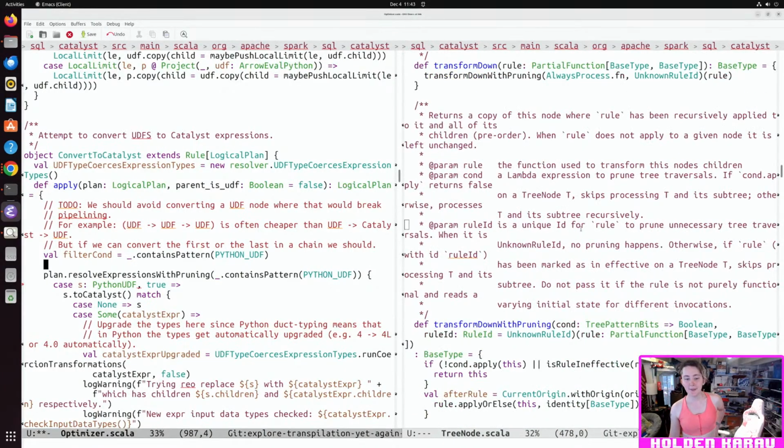So this says if this condition doesn't apply, return immediately. But that doesn't, because we, okay, well, whatever.